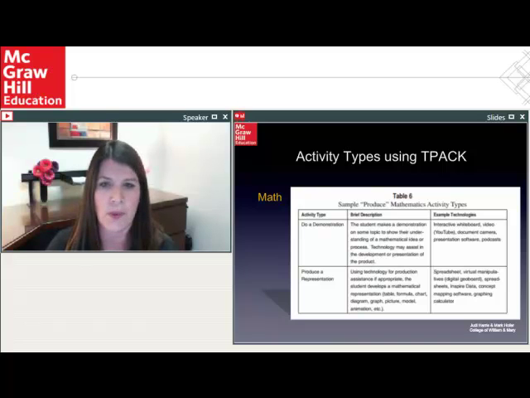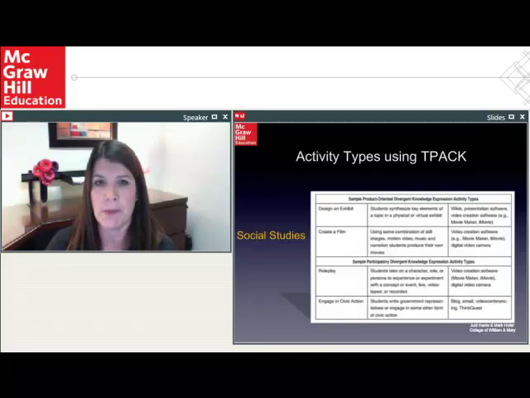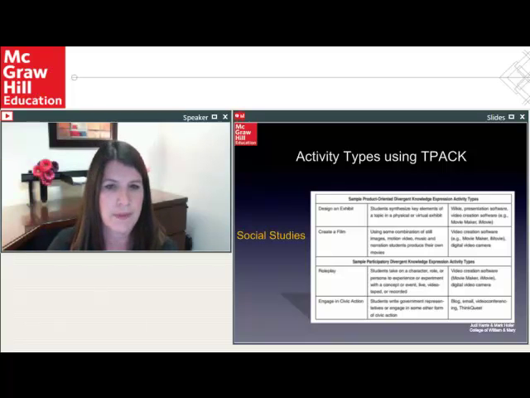Here are just a few other ones. There are some in English. They go from kindergarten to high school. They provide various breakdowns in that model. Once you learn about the taxonomy specifically, you can learn how to apply it in selecting the right activity. Here are some examples of social studies.